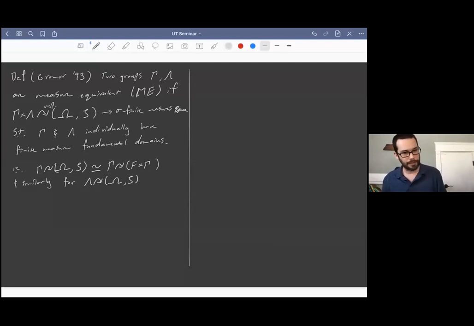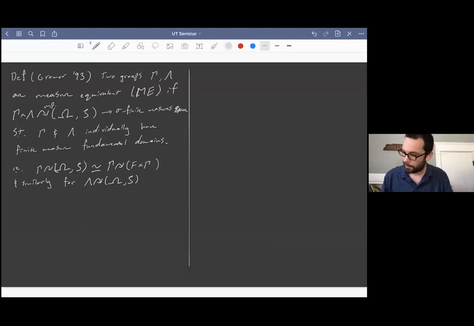So the interesting dynamics happens when you intertwine these two actions, so it's how they combine, and they commute with each other. So Gromov introduced this because he viewed this as a measure theoretic counterpart to a theorem he could prove about quasi-isometries for groups. And there's some analogy between quasi-isometric groups and measure equivalent groups.